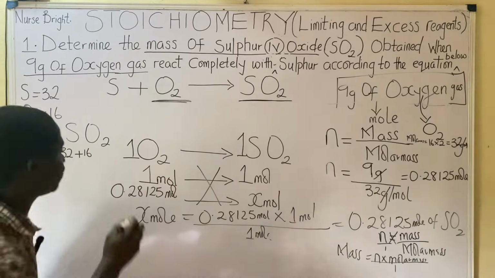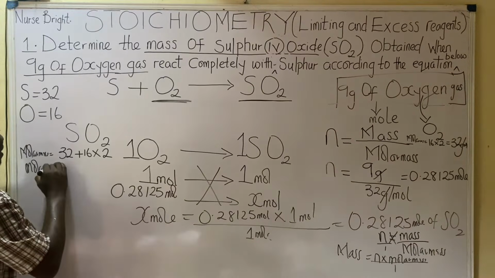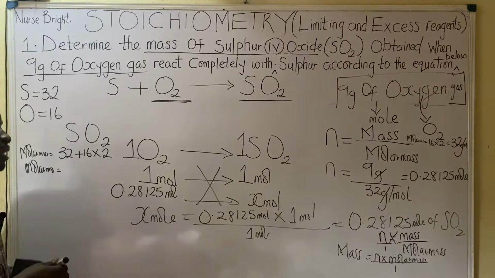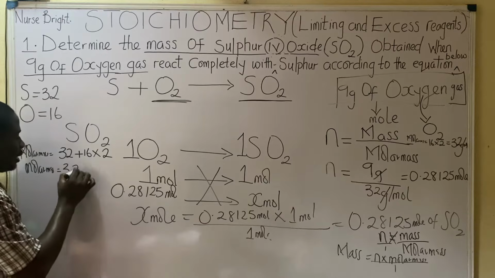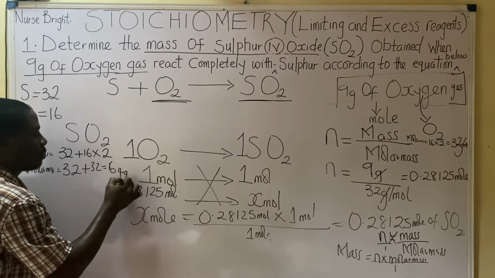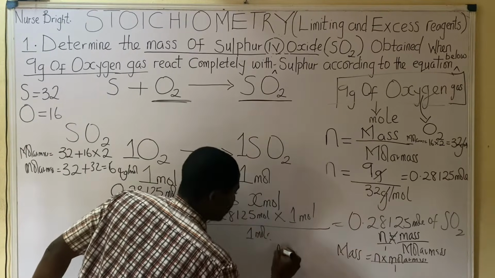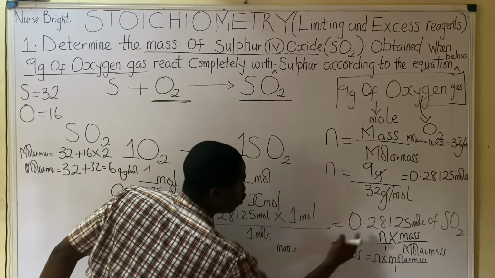And how many atoms of oxygen do we have? 2. So it's going to be 16 times 2. So what becomes the molar mass? I think 64. Because here is 32, here is 32. So it's going to be 64 grams per mole. Okay, so what becomes the mass? Mass will now be equal to the number of moles, which is this value,